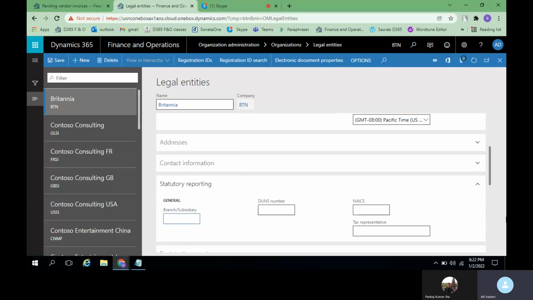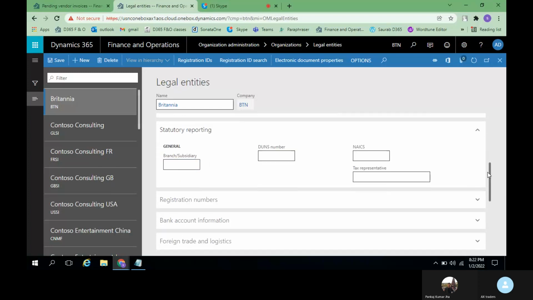This is statutory reporting. So it says branch or subsidiary, DUN number, DUNS number, NAICS, tax representative. So these fields are related to statutory reporting for the US.